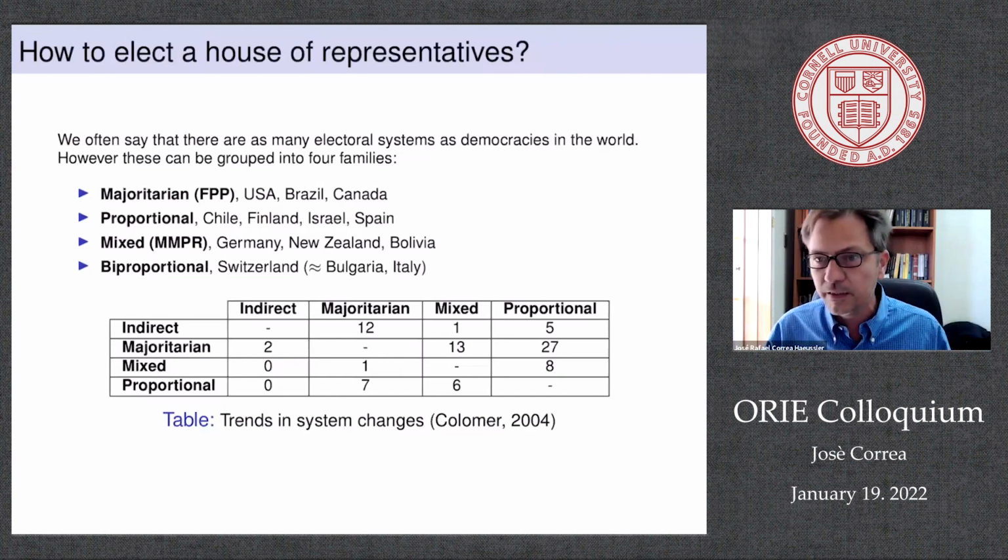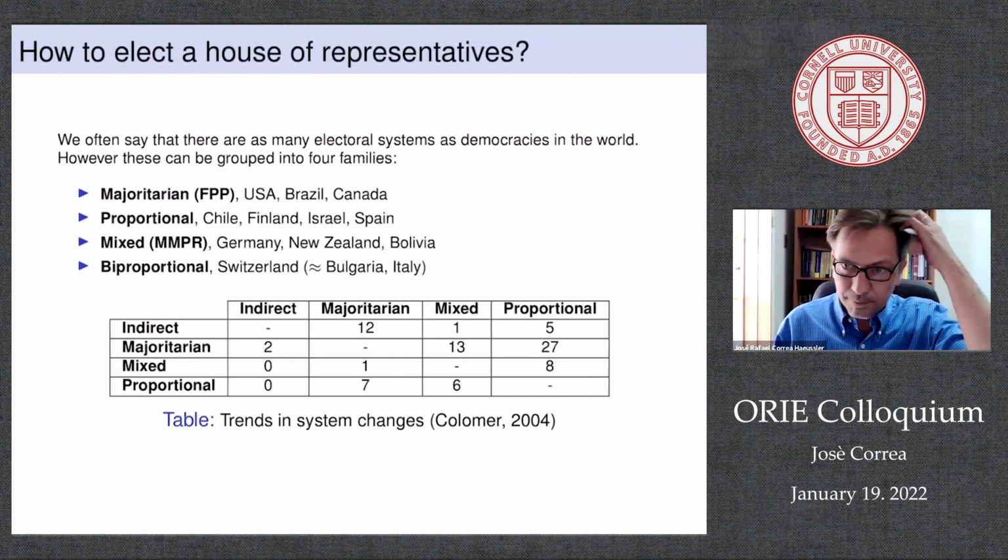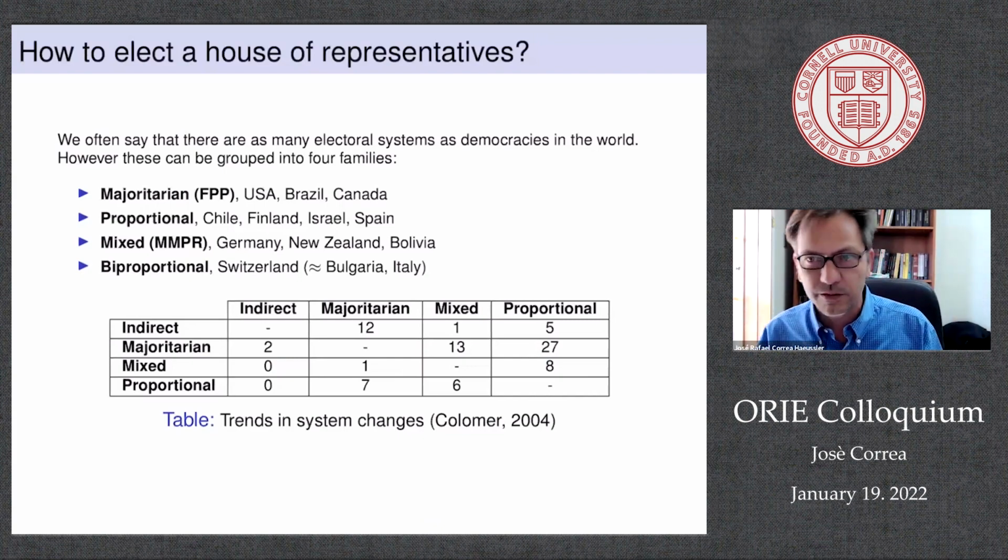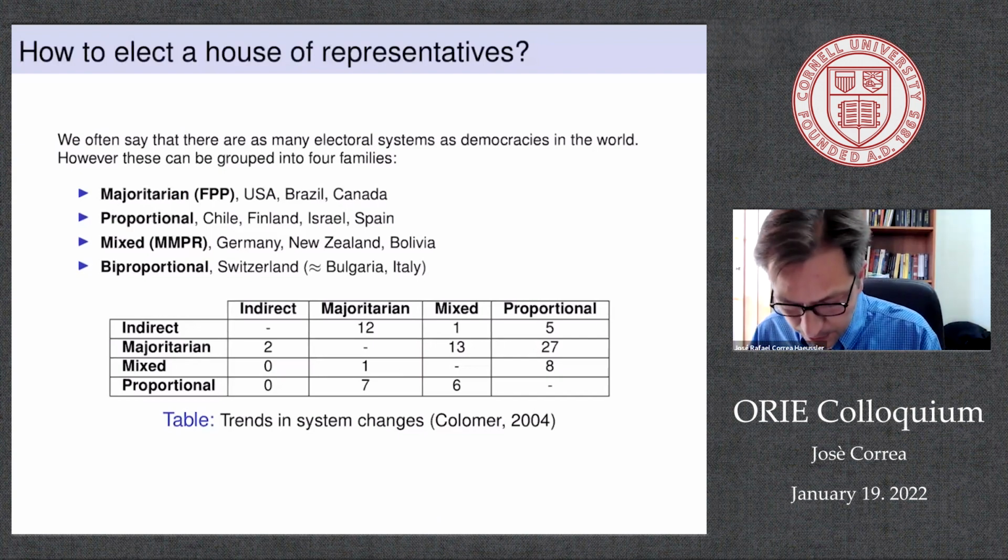And there are good reasons for this. There are many established reasons for this. But this is more politics. I'm going to talk about more operations research than politics here. So let me